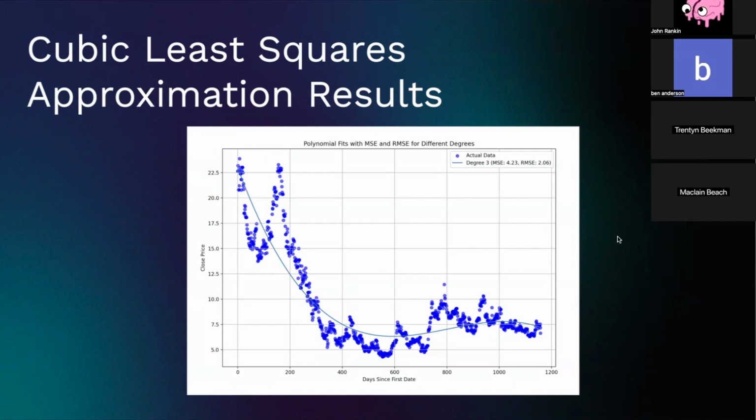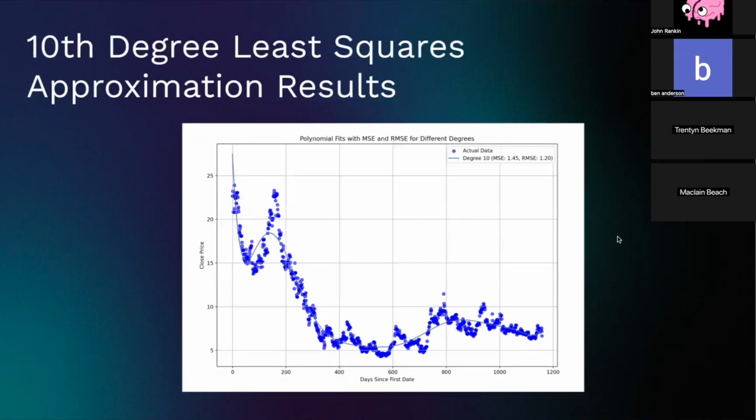And then for a little bit of a demonstration of what overfitting looks like, we decided to include a 10th degree polynomial. Here you can see it actually does pick up on some of these sporadic changes in the price of the stock. But as you'll see in the next slide, it's not actually a great idea to use polynomials like this